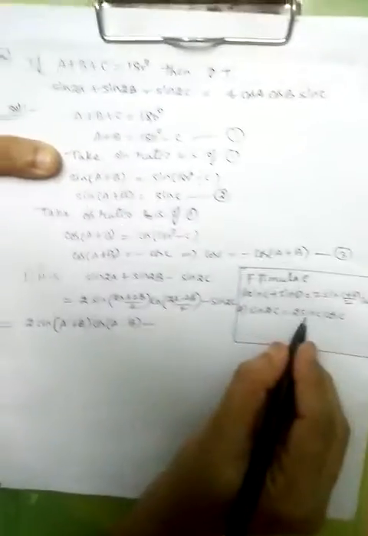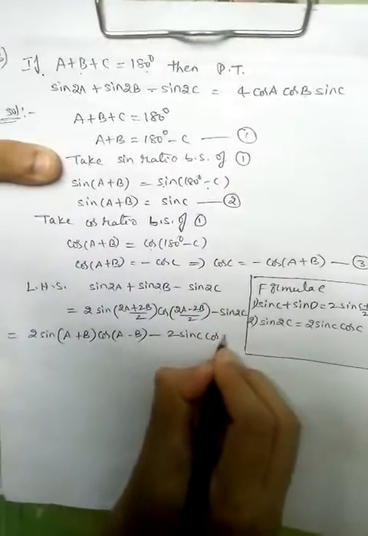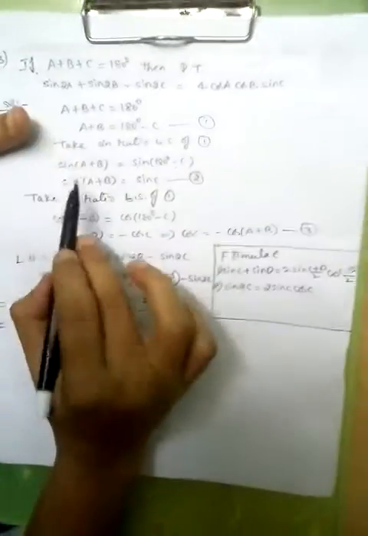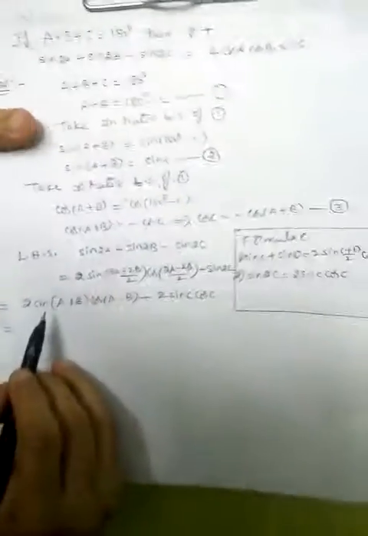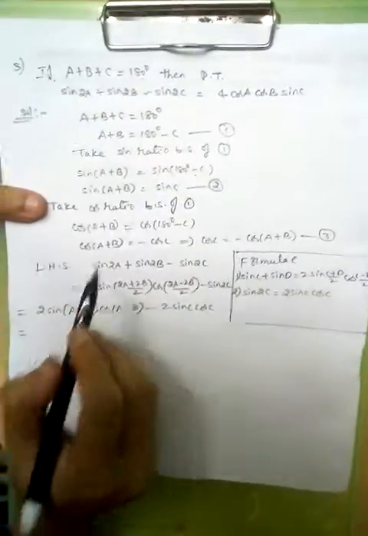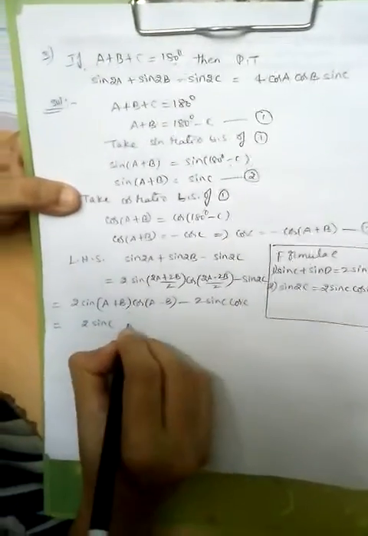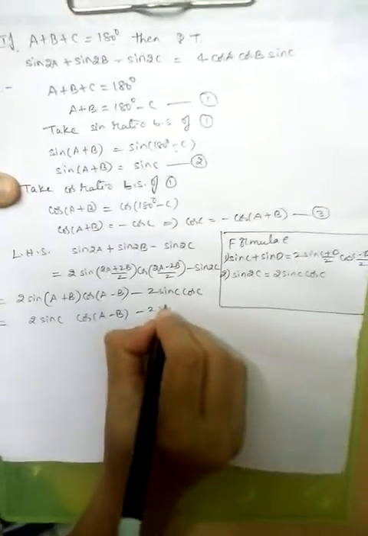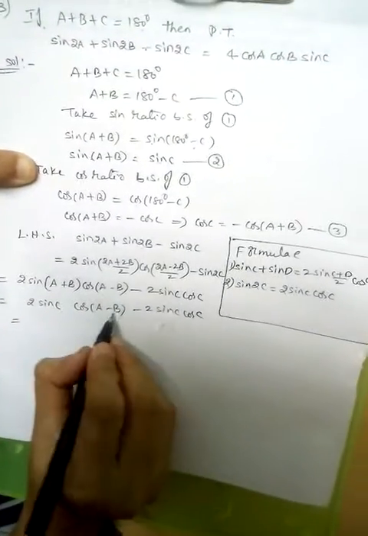Minus sin 2c, formula is 2 sin c cos c. Now which is equal to, we know that from the given, sin (a plus b) is equal to what? Sin c. So in place of sin (a plus b), I will replace sin c. 2 sin c cos (a minus b) minus 2 sin c cos c,